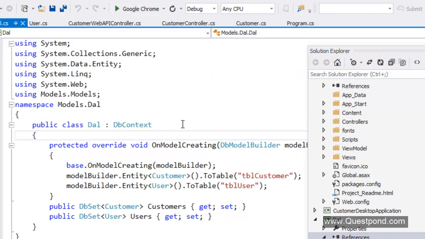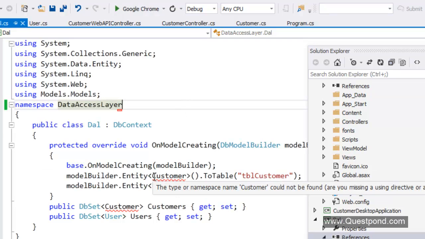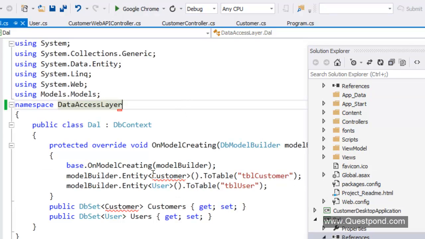That is nice. Also the namespace is models.dal. I don't like this name, so let us keep it like just dal, or must be data access layer. Actually it is context, but fine, data access layer. Okay. And customers here,